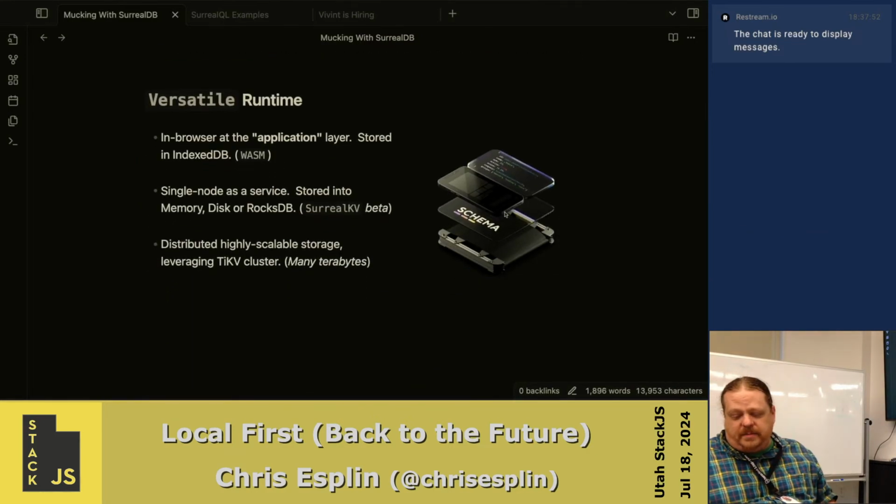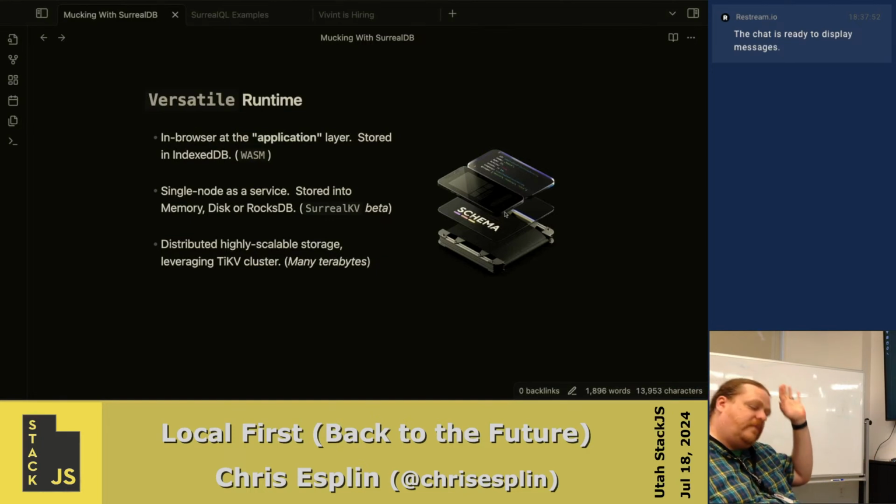So one of the interesting bits is that it can be run in multiple contexts. You don't have to host it on a server if you don't want to. You can run the WASM binary right in your browser and have it read and write to memory or to IndexedDB, and you don't even need a server involved at all. You could build web apps that are persisted just like on the device. That same kind of binary can be embedded in Node and so on, so you've got a native in-memory database right in your